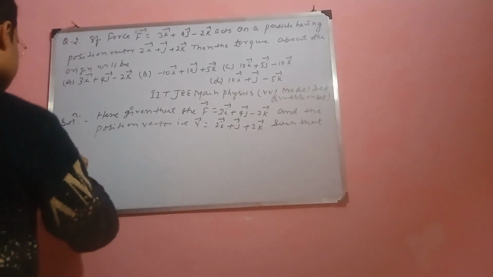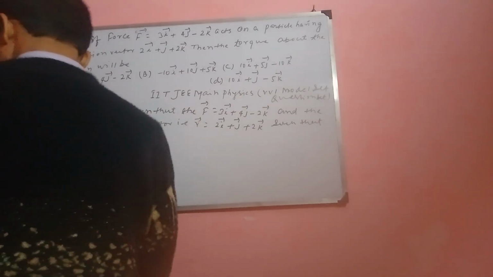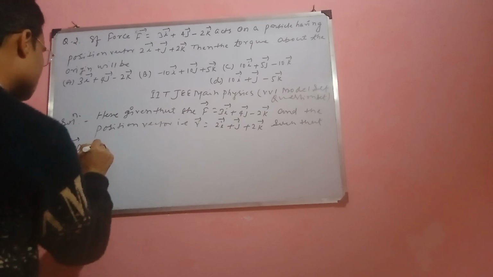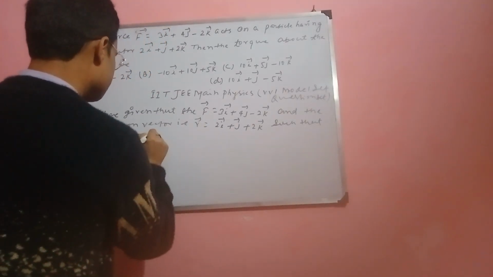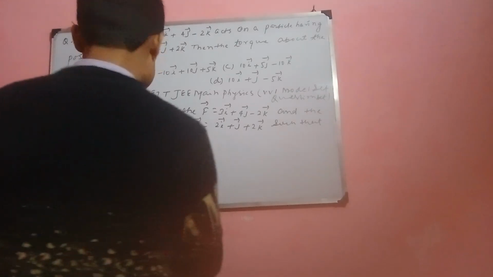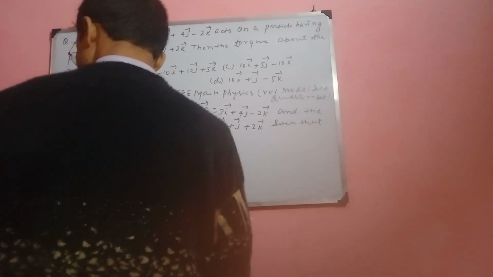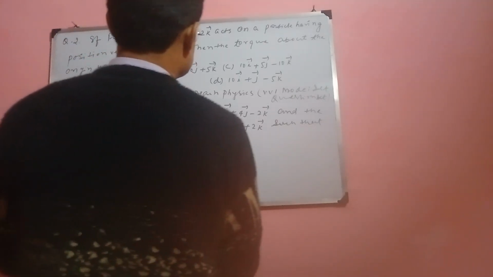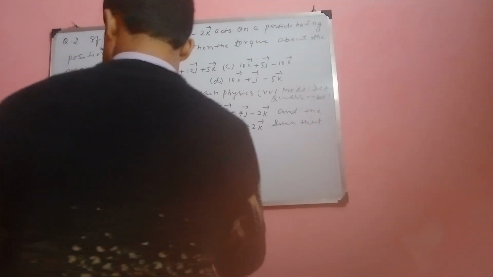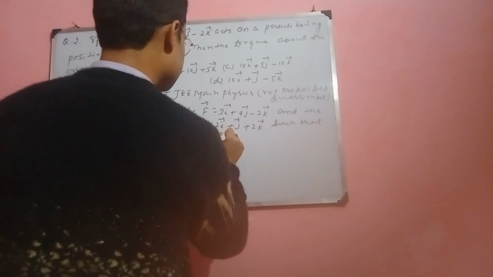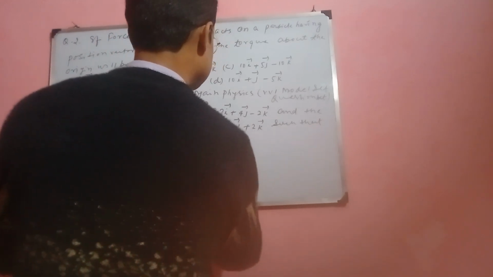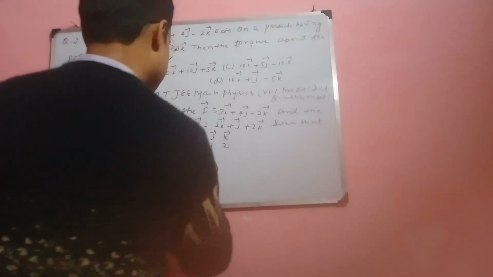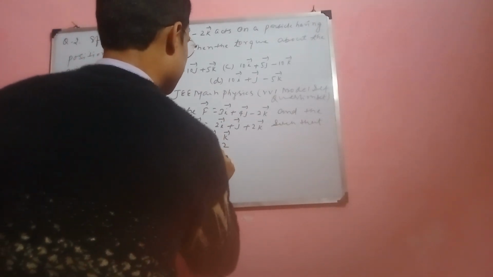torque vector is equal to position vector r cross force vector F, which is equal to the determinant of i vector, j vector, k vector; 2, 1, 2; and 3, 4, minus 2, is equal to